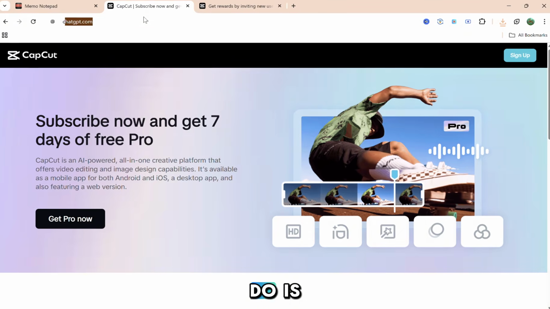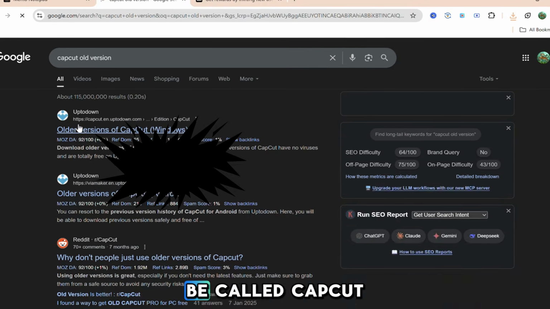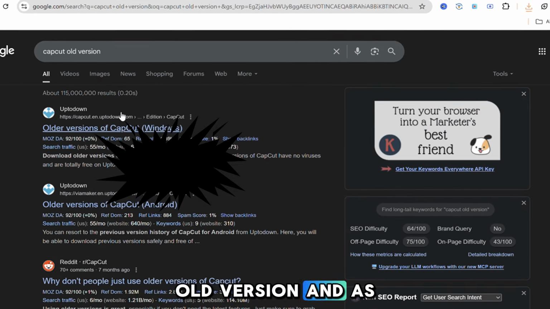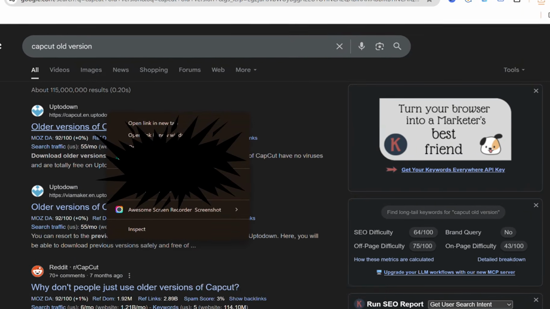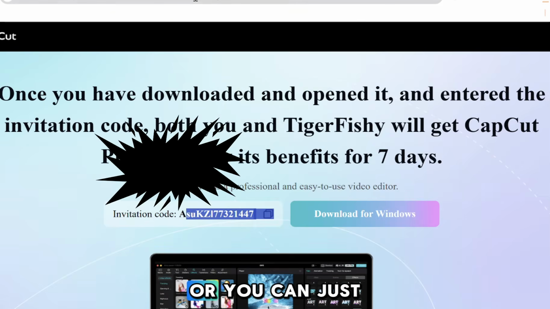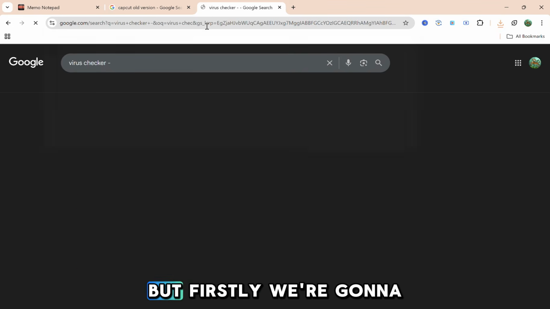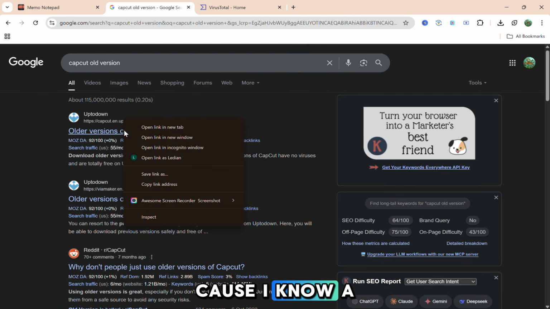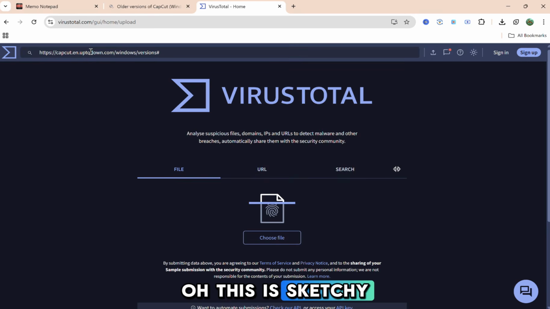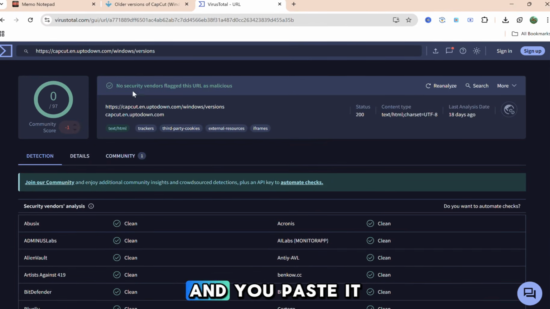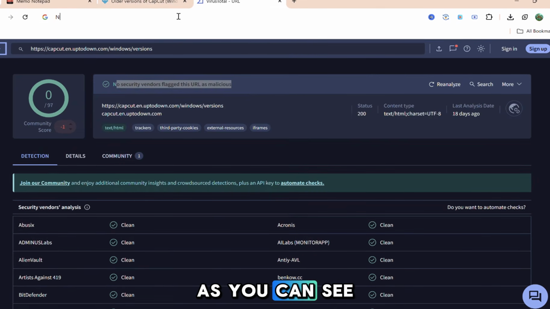The next thing you can do is search up this thing right here, which is called CapCut old version. As you can see, the up to down version, you can open a link in a new window, or you can just copy it. But firstly, we're going to check if it has viruses, because I know a lot of you probably think, oh, this is sketchy. But when you copy it and paste it into the virus checker, as you can see, it is clean